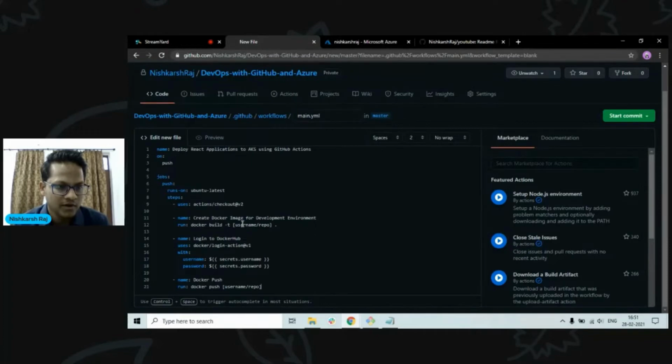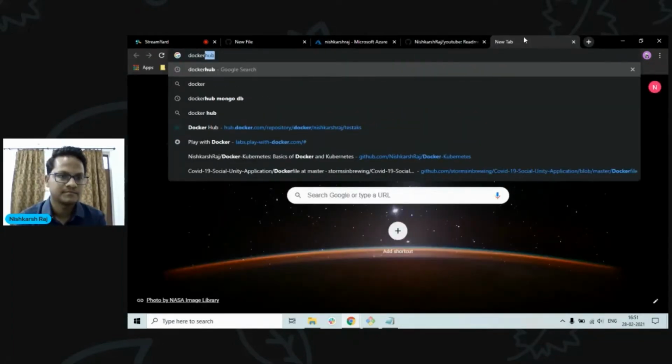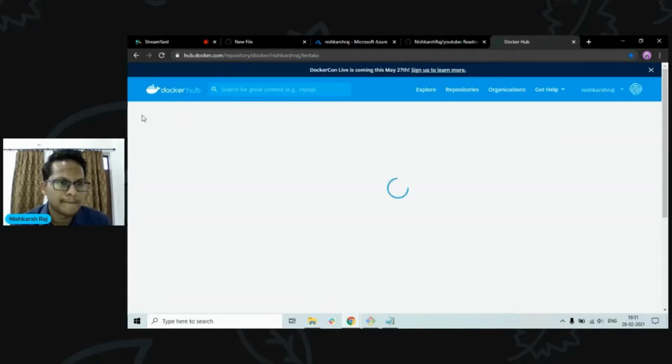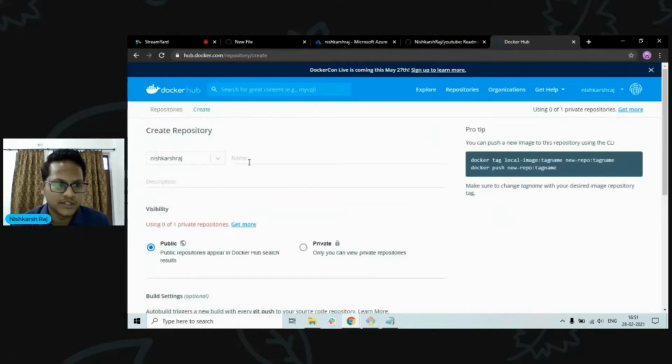Before I move into what it does, let's create a Docker Hub repository. Create a repository. So this is your username generally. Type in any repository you want. Let's say demo AKS.